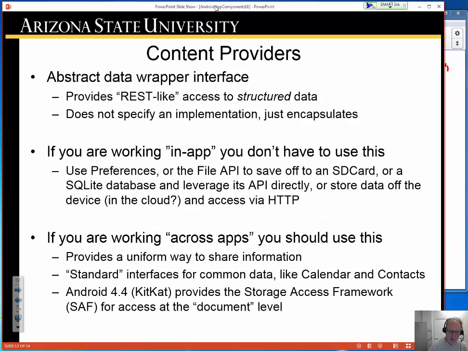The fourth and final component is a content provider. What a content provider basically is, is a kind of data wrapper interface. It's almost like a relational database interface to structured data. It doesn't actually specify that a relational database is used, so it's up to your app implementation how it supports the interface, but it defines the interface, and that interface provides this very SQL-like